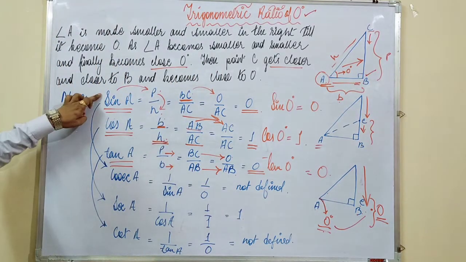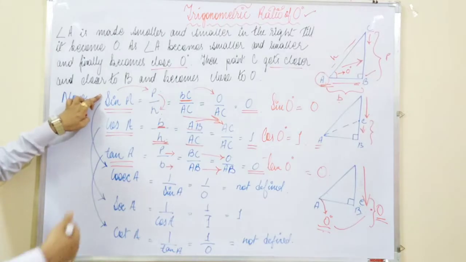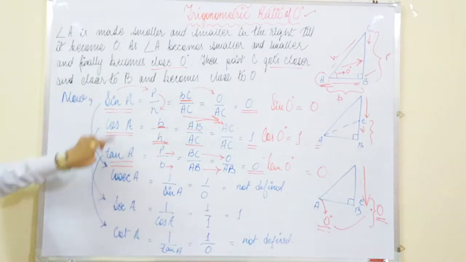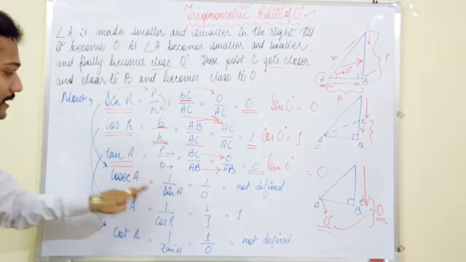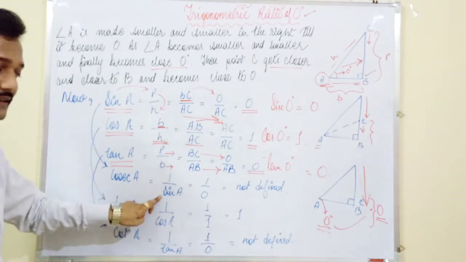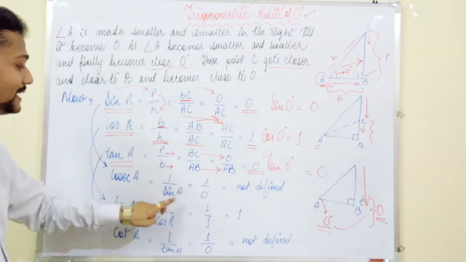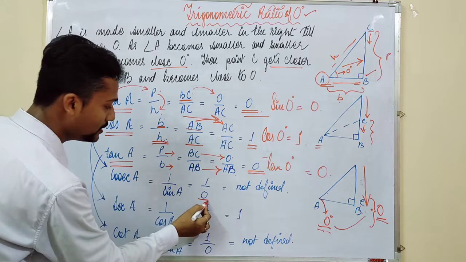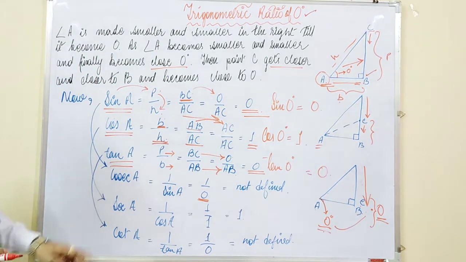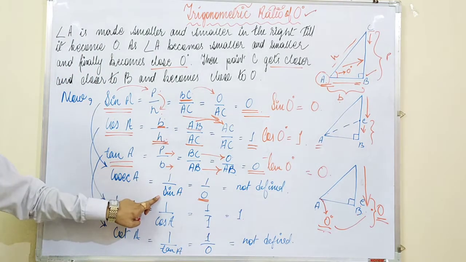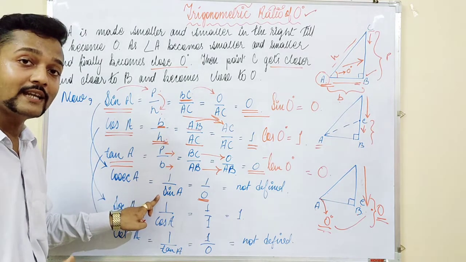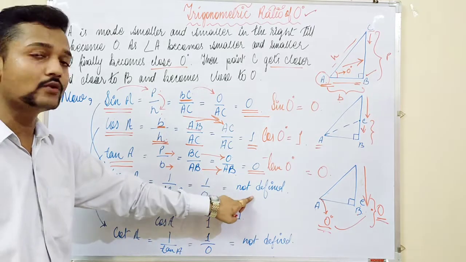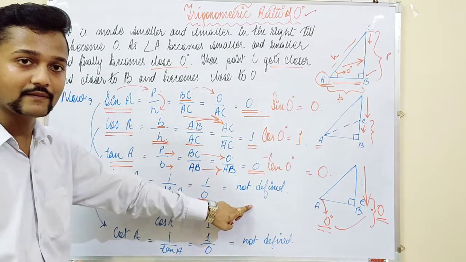Now see, if I say cosec A is equal to what? Cosec A is equal to 1 by sine, isn't it? Cosec theta is equal to 1 by sine theta. Now see, 1 will remain 1, and sine A is equal to 0. Here I have put 0. Clear? Cosec A is equal to 1 by sine A, and the value of sine A is 0. That means 1 by 0 is equal to not defined. Anything divided by 0 is not defined, isn't it?